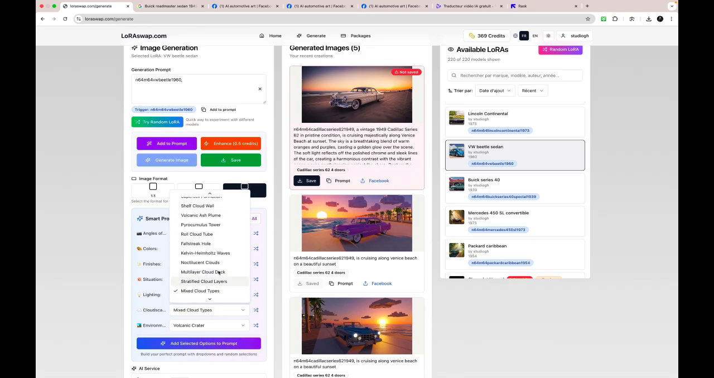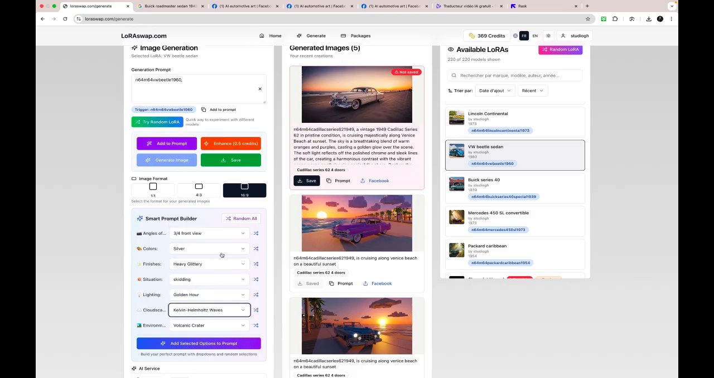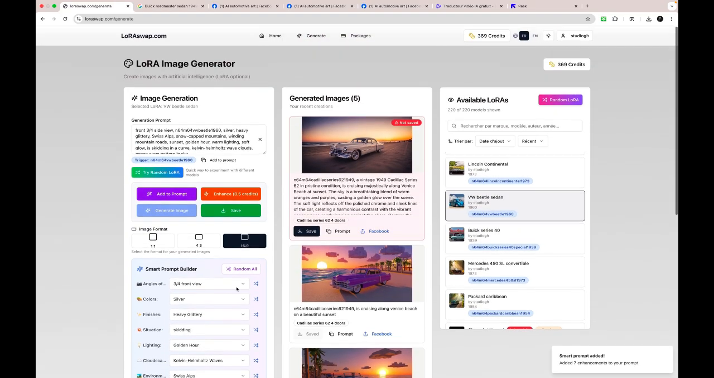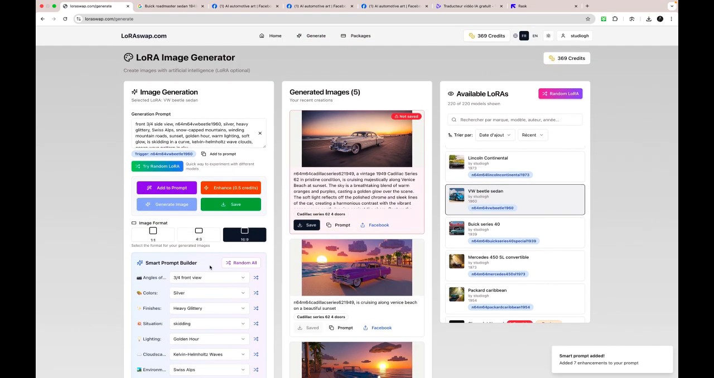Mixed clue type, I want something more. I will take this one. I don't know what it looks like, but the name is nice. And for the location and environment, Swiss Alps is perfect. I click add select option to prompt, and boom, all the words in the smart prompt builder are now in the prompt separated by commas,